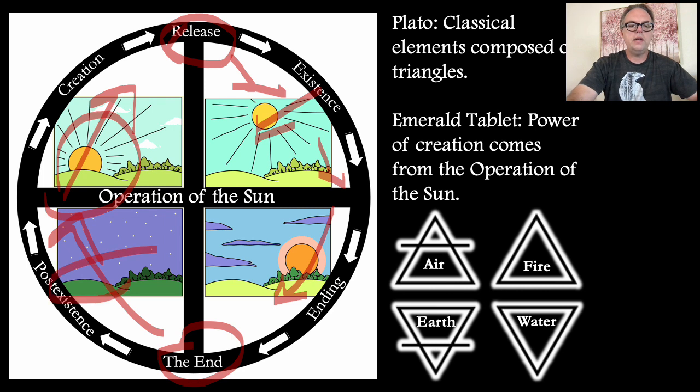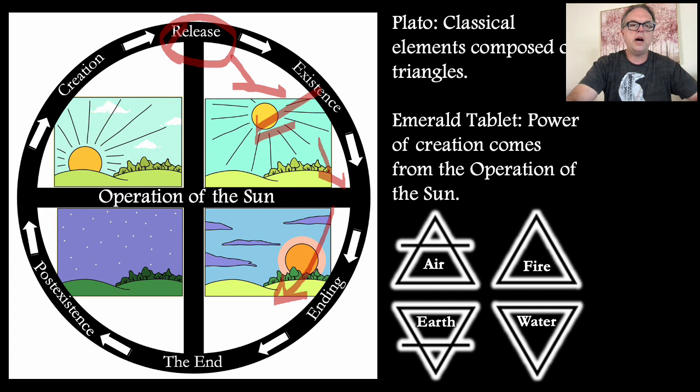And this is why the night is the time of spirits, specifically the time from 12 midnight until 4 in the morning. Those are the witching hours, because the sun is gone and it represents the spirit realm this period of time. All right, now to bring this back to the Emerald Tablet and the operation of the sun, what